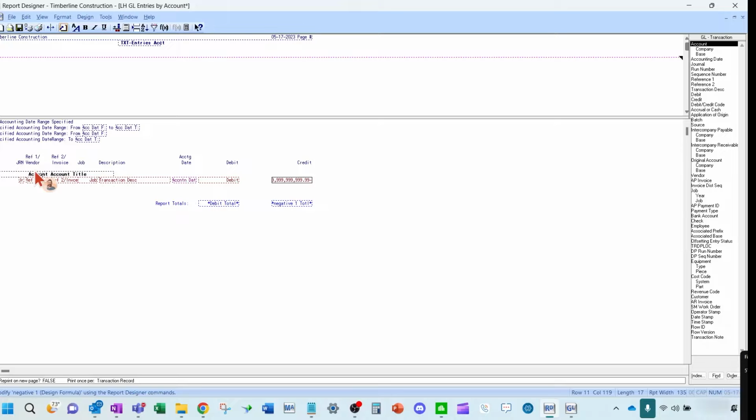But some of these other fields now, first of all, might be irrelevant. So like if you're summarizing, you're probably not going to have a counting date on the report. So you would have it in the prompt. That's it. So you might delete that. I'm going to leave it on there for now. But one of the things is the account and account title. Well, that's going to print on one line now.